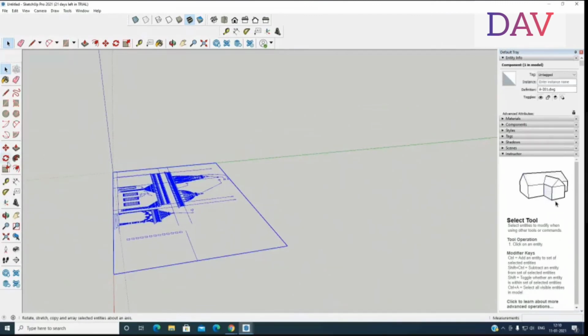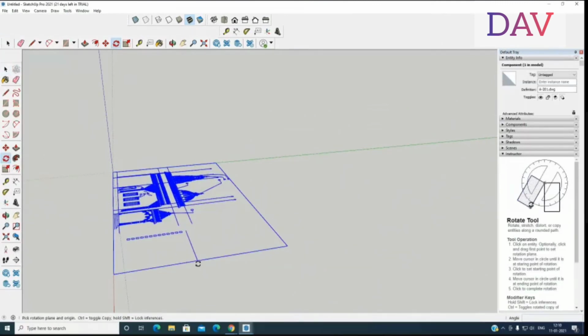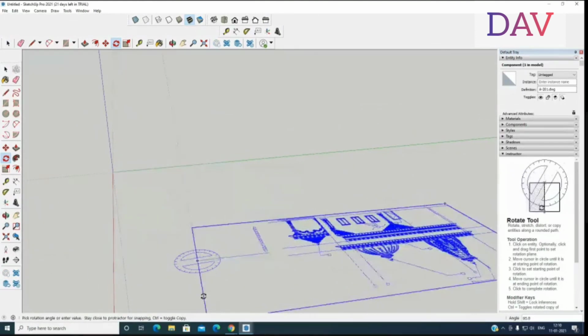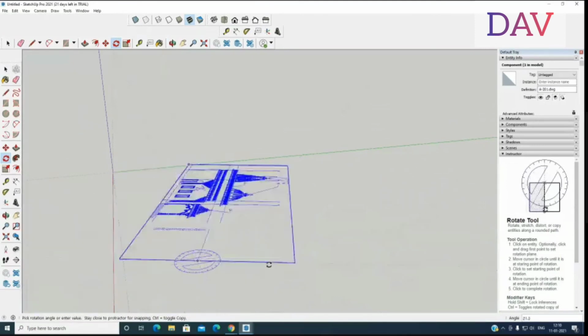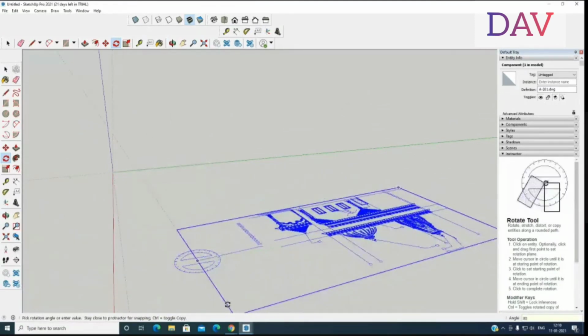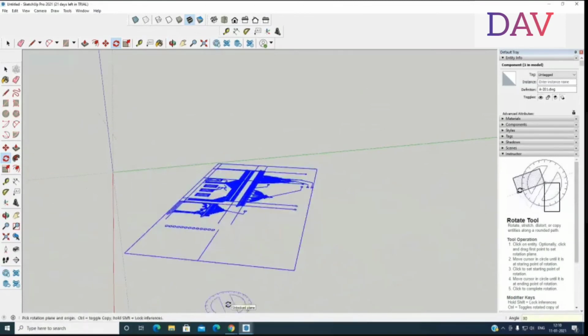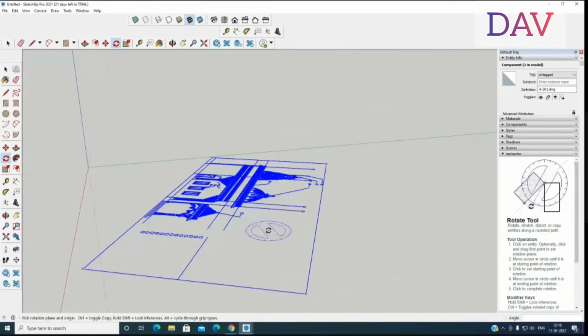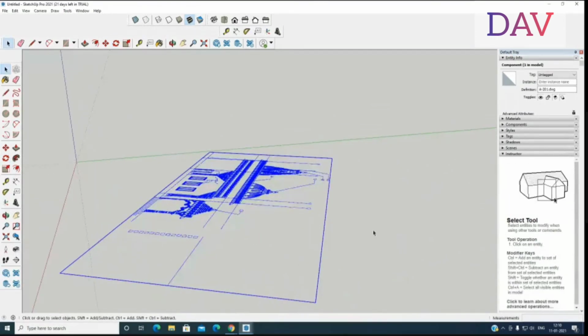I've selected that. Just go to the Rotate option, place it over here, and choose the angle by which you want to rotate, and you can rotate it in any direction. It can be rotated 360 degrees, or you can give an angle. I will give 30 degrees and just press Enter, so it will be rotated by 30 degrees. That's how we import the file and how we rotate it. If you want to change the direction or the axis, you can do that.